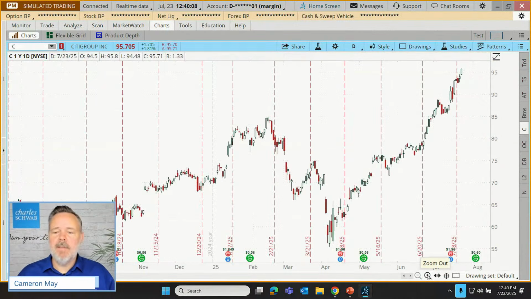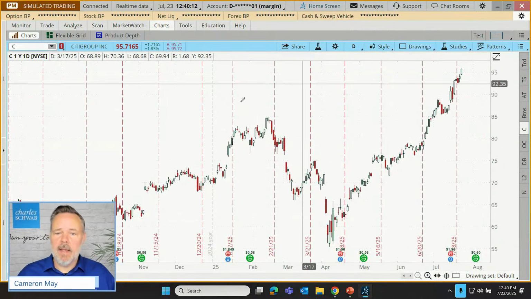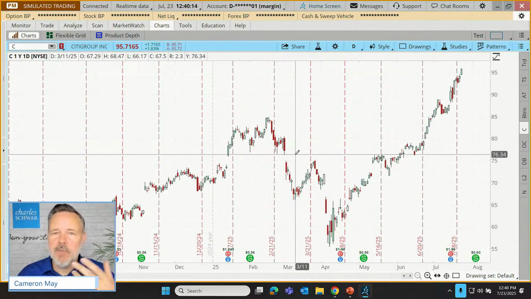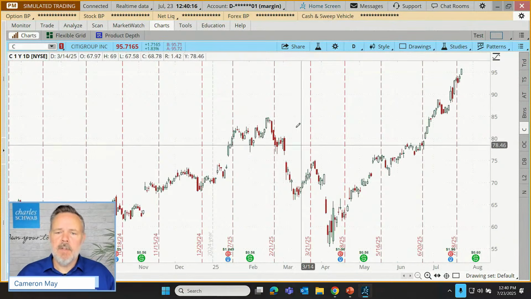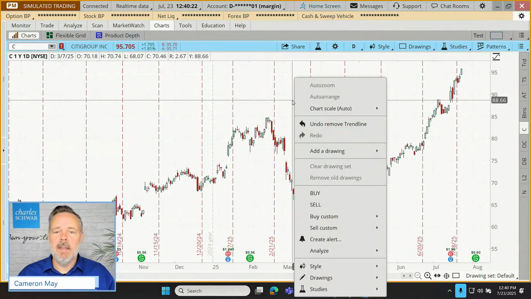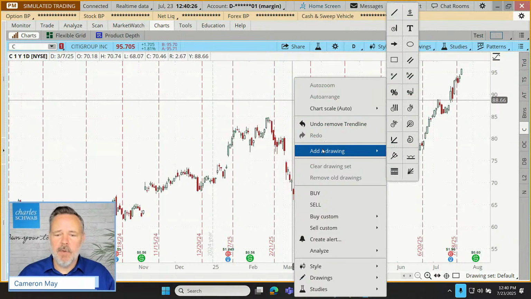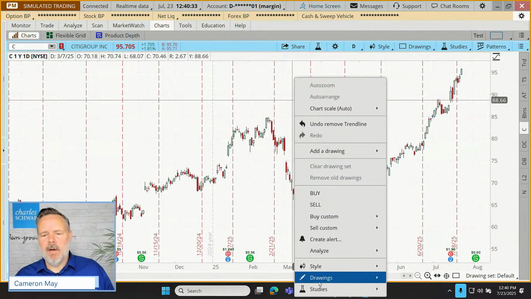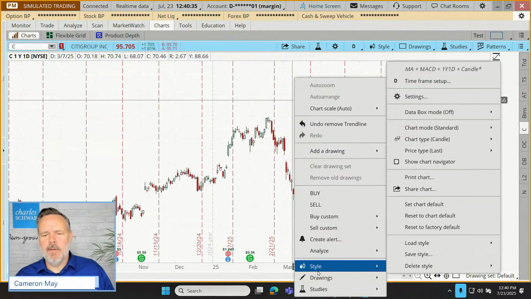We have some zooming features, and this I want to tie into, I said that there were some embedded features within the charts. So just remember, as we're pointing at the chart, instead of doing a left click to make a drawing, we can do a right click that accesses a new menu. This will give us access to those drawings if we want to, but it also gives us access to all of these other tools that we're now familiar with.